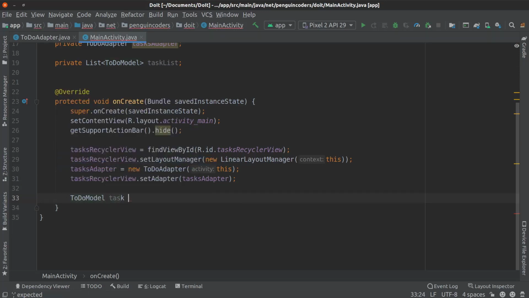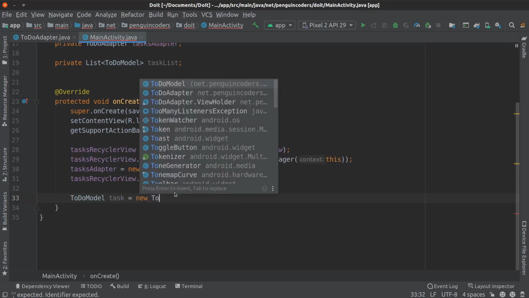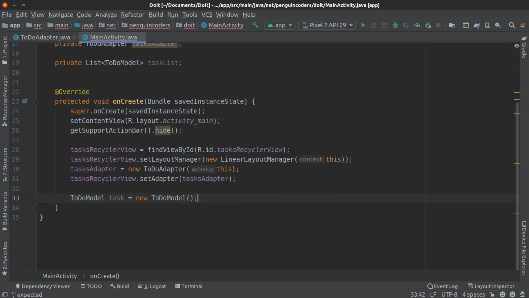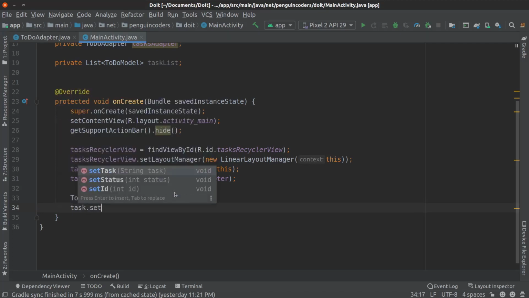ToDoModel task equals new ToDoModel, and I will write task.setTask. I will write it as "This is our test task."